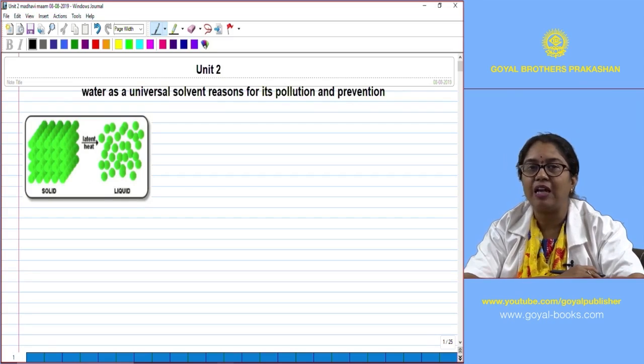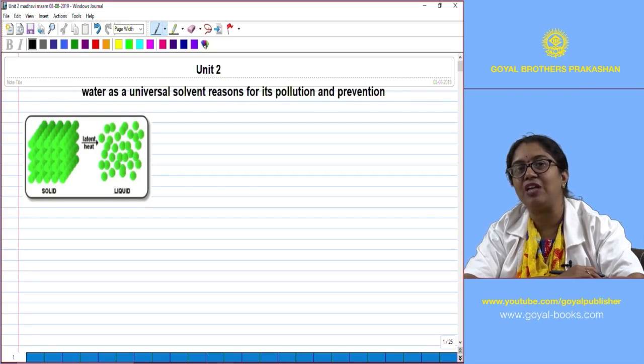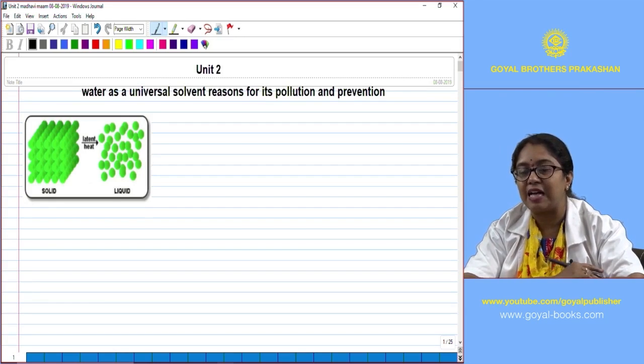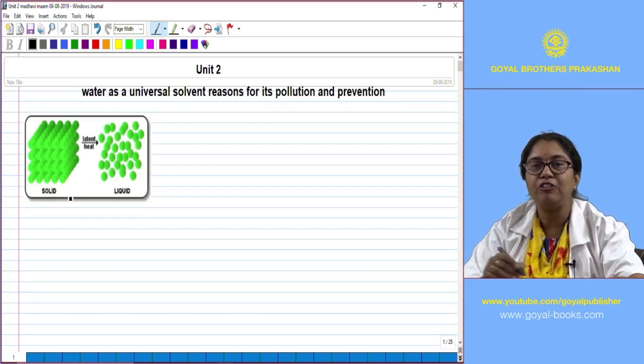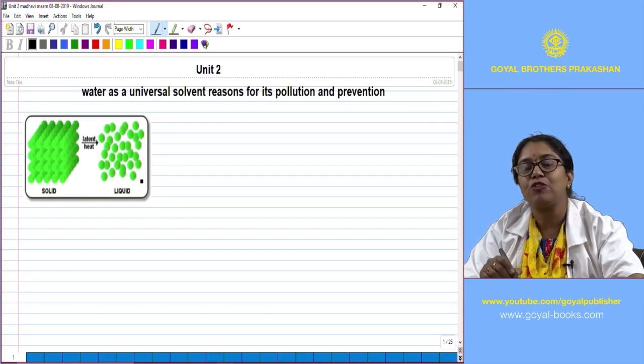And we can convert one state of water to the other physical state by either heating or cooling. Now let us discuss the conversion of solid to liquid. This process of solid to liquid is known as melting. So how do you bring about the process of melting? Melting is brought about by heating.